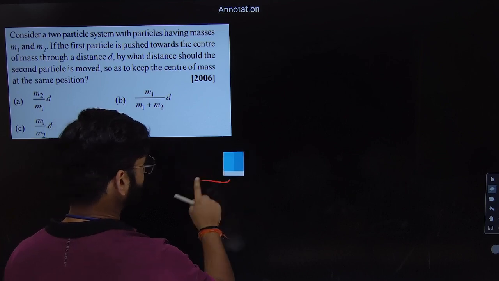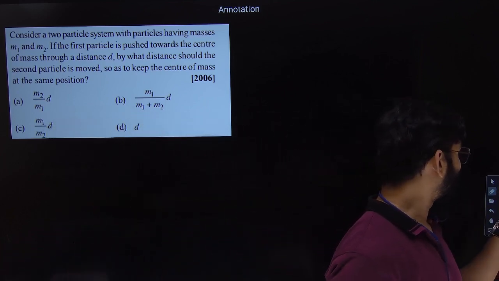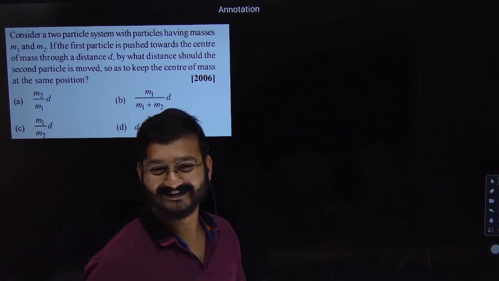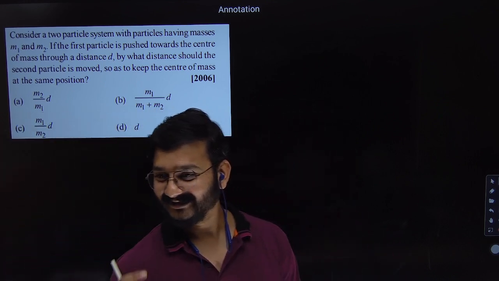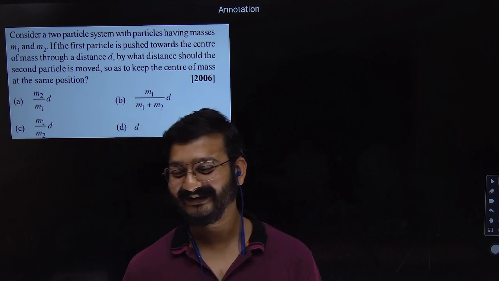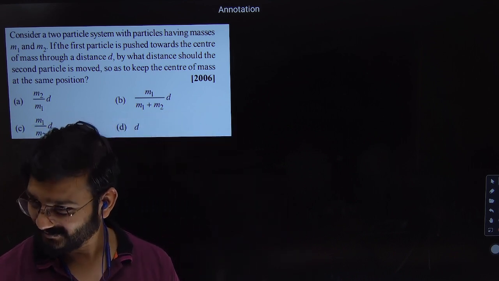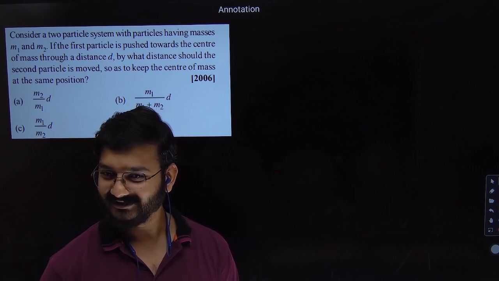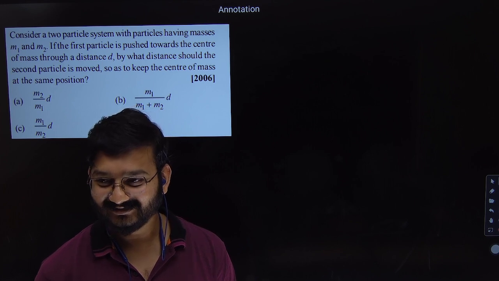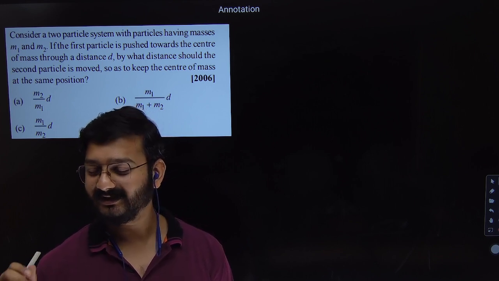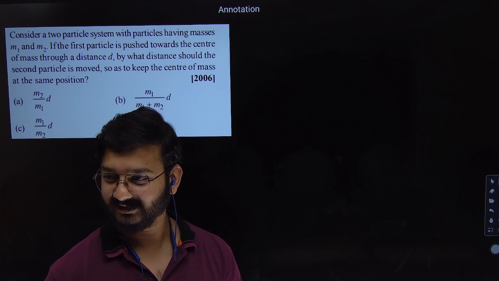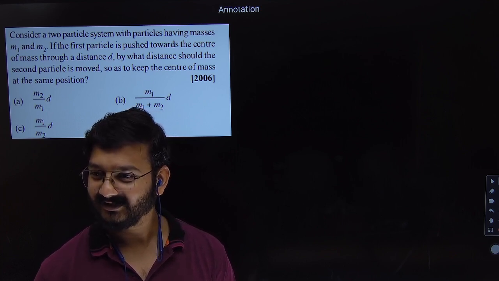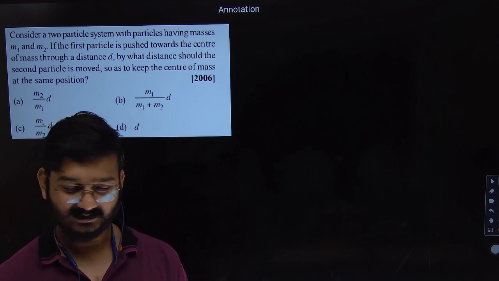Yes, Parinit, what definition did you tell? The mass where center is present. I will repeat what you said. You said the mass of a body where center is present. Take your time. You told mass of a body where mass is present at the center of the object. So that is center of mass.